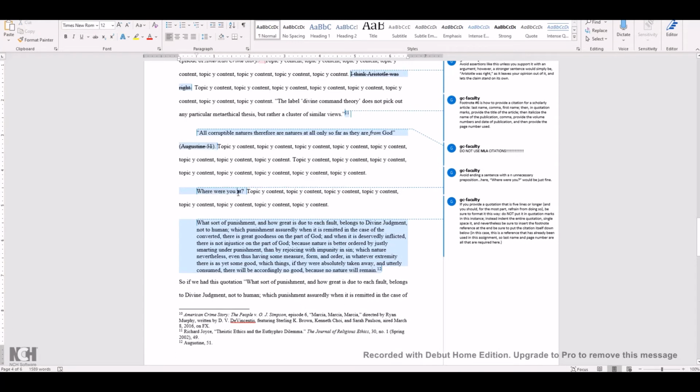Try and avoid using a preposition at the end of a sentence. There's sometimes where it's appropriate, like "who are you with?" That's fine, but like "where were you at?" You can take the "at" out and the question still works. "Where were you?" Probably not going to be an issue here. I'm just going to say avoid it if at all possible. And then